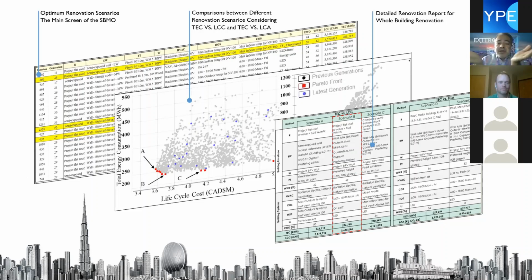I'm going through an example of what we did at Concordia University in downtown Montreal. Concordia University has 17 buildings in Montreal. One of them is a 30-year-old building in downtown Montreal. We did the optimization of the energy consumption there.